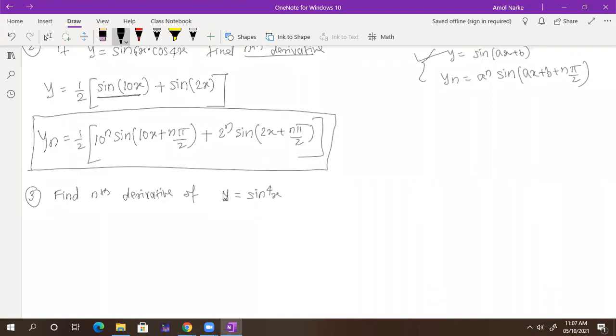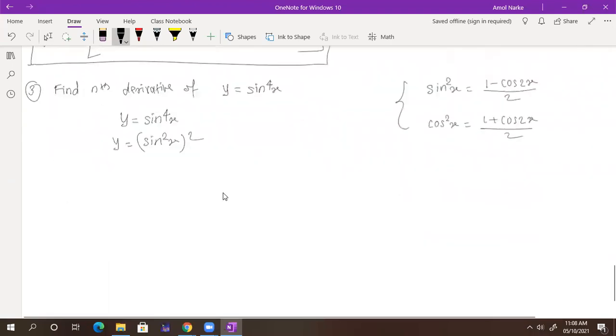Before we start with that, can someone tell me, do you have any formula for sine square x and cos square x in terms of cos and the half angle formula? Like that I am talking about. Do you know this formula? Yes, sir. So can we use this formula here? Yes, sir. Because raised to 4, you can take square on both sides. So we will try. I have y is equal to sine raised to 4x. So I can write y is equal to sine square x and its square.